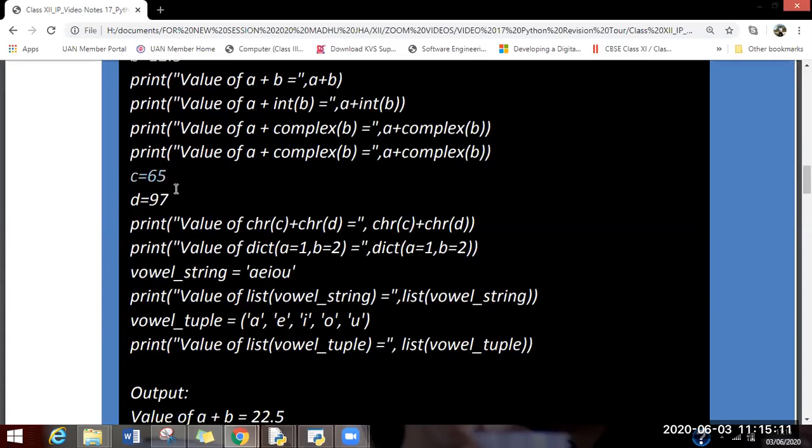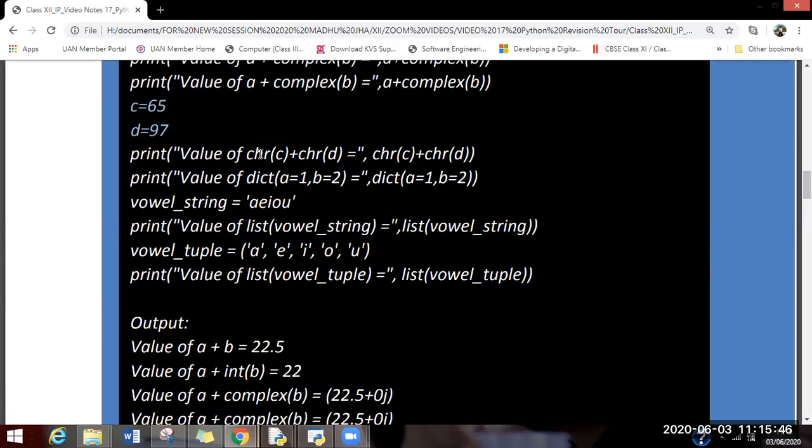The next two values are c and d. c has a value of 65. d has a value of 97. As of what you have studied in class 11, you must be recognizing these two numbers. Yes, these two numbers are the starting values for the character values, or you may say that the character values A to Z, both uppercase and lowercase, have their starting positions on these numbers, or these are the ASCII representatives of capital A and small a.